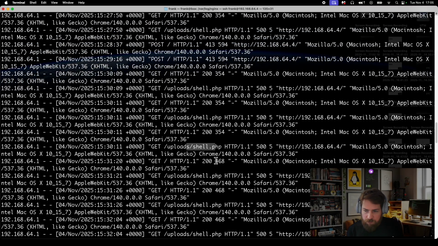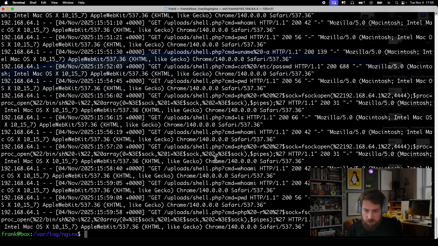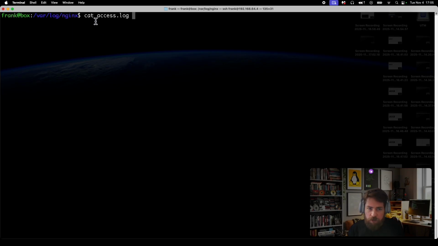We see all the shell.php, and if we scroll down in this list, we can find out more things. So you'll see here, they run the pwd command, and here they start the reverse shell. You see in this very long command. So that's something you definitely don't want to see on your Linux server. So by taking a look at the file access.log in the folder var log nginx, you can sometimes detect web shells. If some hacker has been malicious or has been trying to gain access into your system, you might find things,